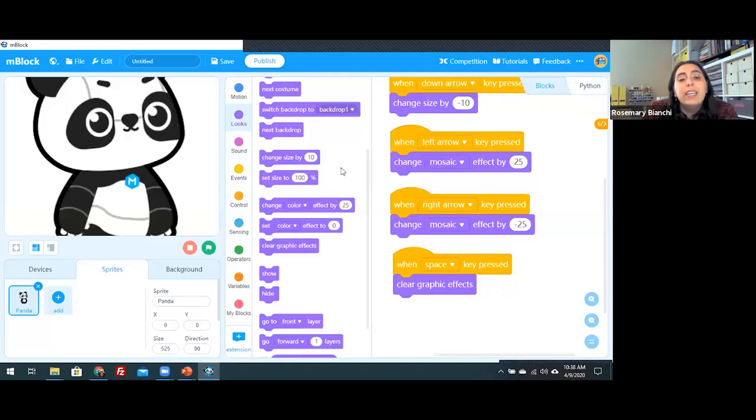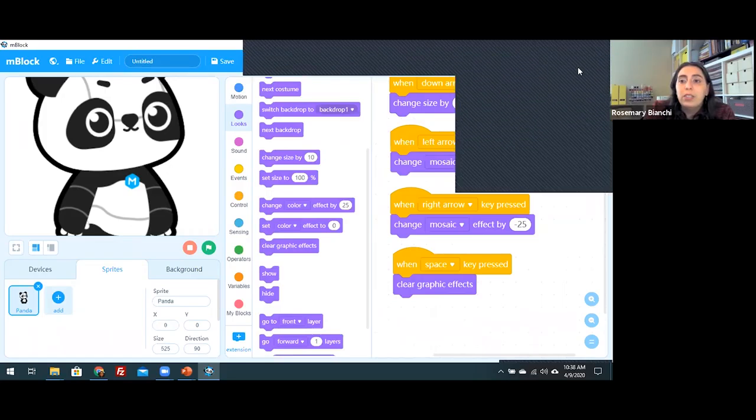But what block do you think we could use to reset the size of our Panda when the space key is pressed? So what block could we add